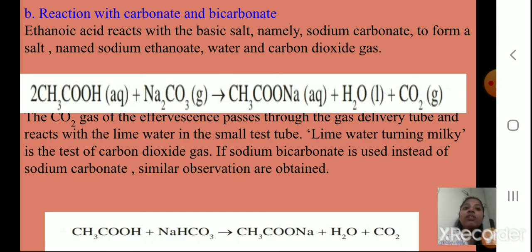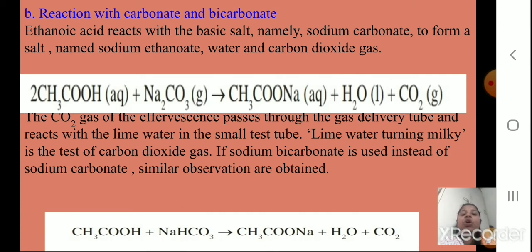Ethanoic acid reacts with the basic salt, namely sodium carbonate, to form the salt sodium ethanoate, water and carbon dioxide gas. So you can see the reaction: 2CH3COOH plus Na2CO3 gives you 2CH3COONa plus H2O plus CO2 gas. Now the CO2 gas, the effervescence, passes through the gas delivery tube and reacts with the lime water